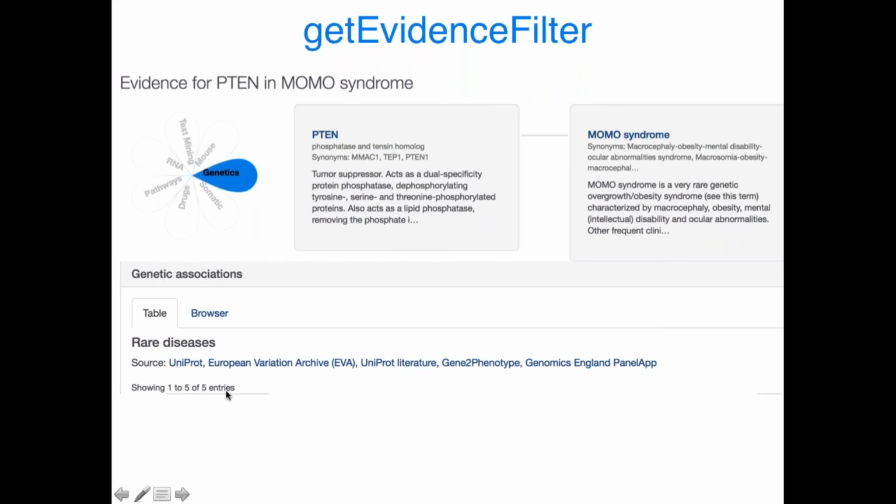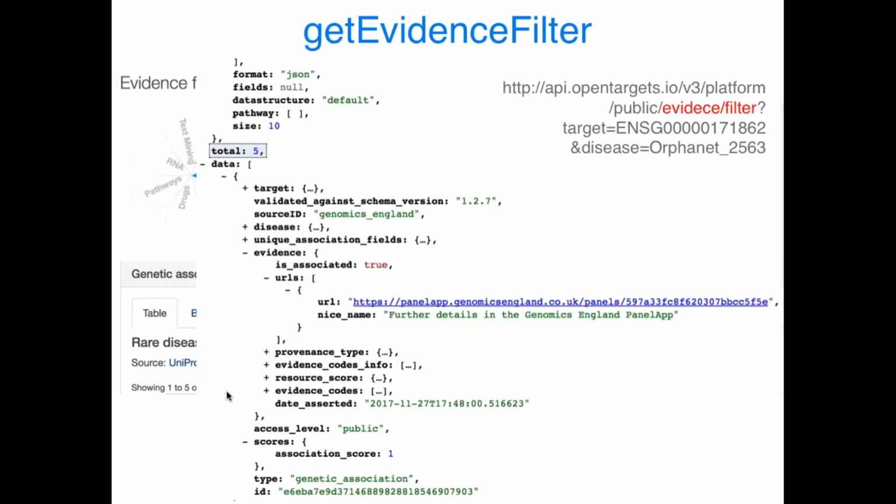And I've got 5 pieces of evidence actually used to make that association between PTEN and Momo syndrome. So the REST API endpoint for this to retrieve such information is the